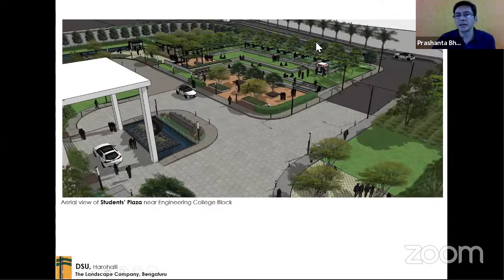So understanding the levels, the roads, we are creating the road levels and how we are going to create the space. Again, we want to activate it by bringing the students into these spaces. We want to create shades so that they will sit in these spaces. We don't want them to be sweating it out. Nobody wants to sit in the sun. And give them pergolas, maybe some water bodies so that it creates a microclimate. And of course, sculptures, art in the landscape.